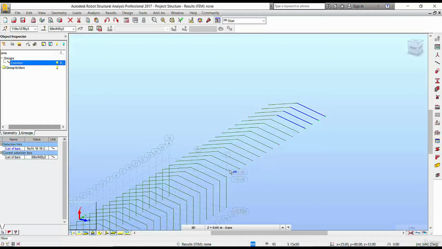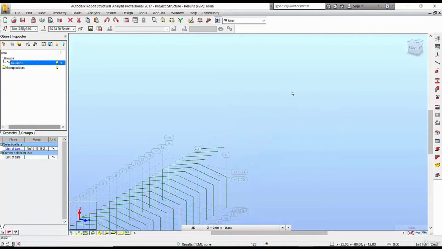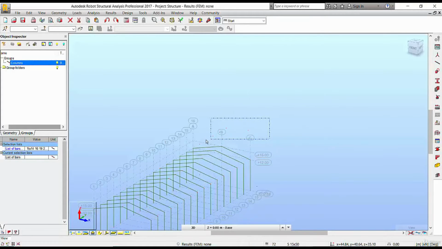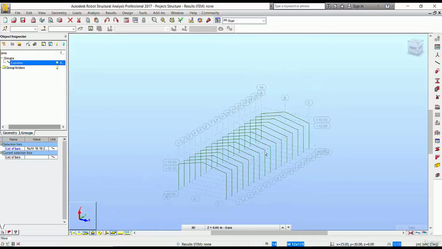We delete. I must draw close before instead of execute. Okay, so we can show now the sections